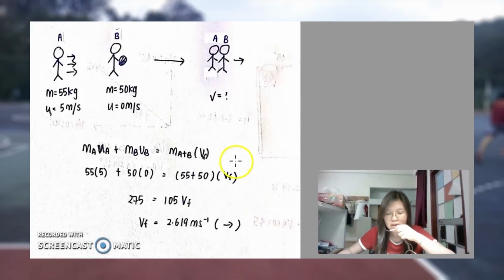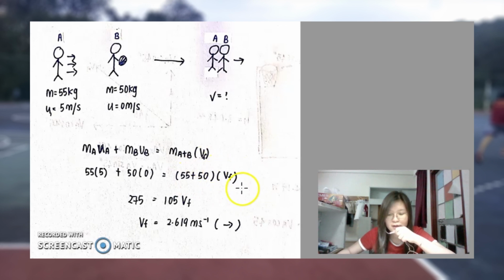For the last part, we'll be looking at the application of conservation of momentum. Defender A runs toward player B, who is standing still, and they both collide together and move in the same direction before they fall down. So using this formula, which is MAVA plus MBVB equals (MA plus MB) times the final velocity, we'll be subbing the values into the formula, which is 55 times 5 plus 50 times 0 equals (55 plus 50) multiplied